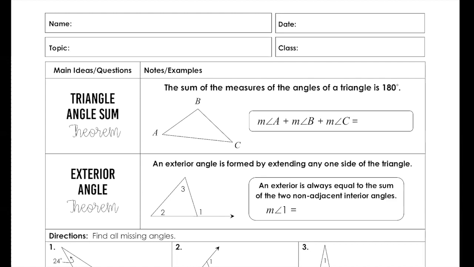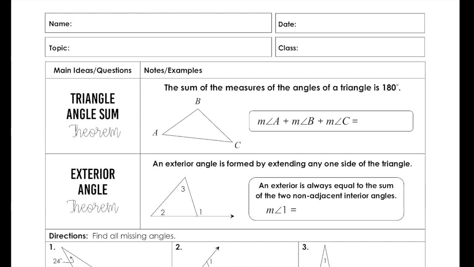So yesterday we talked about how to classify triangles by their sides and by their angles. Today we're going to delve into what is actually happening with our angles. And the first angle relationship that's always present in every single triangle is the angle sum theorem. Okay, the angle sum theorem tells me that the sum of the measures of a triangle is always going to